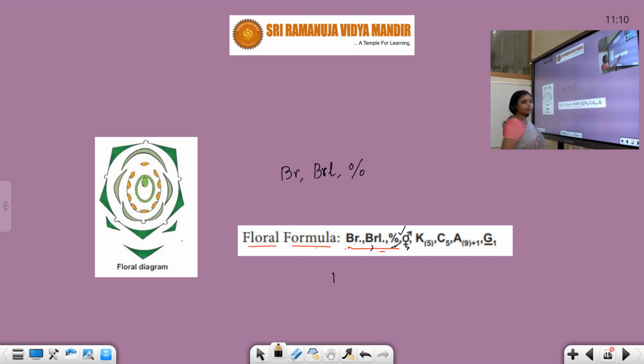And bisexual also I explained. Bisexual means both male and female sex organs are present in the same flower. So, how to write bisexual? It is the male symbol, and when you put a plus here, that means male and female both present. And next, describing the calyx, K. Okay, calyx K, 5 within brackets, and C, corolla, 5. And androecium, if you see, it is